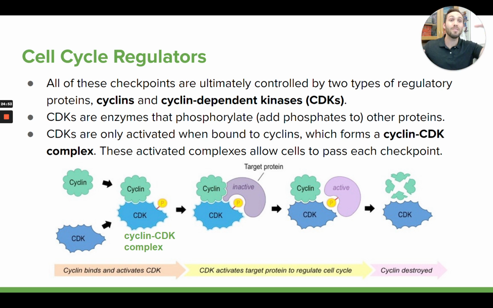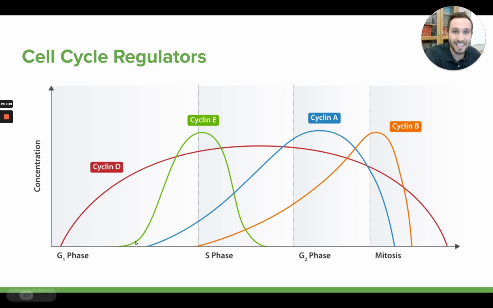And then there's going to be another set of cyclins, a different set of cyclins that start to accumulate later on in mitosis. And they're the ones that activate another set of CDKs. And those CDKs turn on proteins and phosphorylate proteins that are needed to finish up mitosis and do cytokinesis. And so it's these different cyclins accumulating, activating certain CDKs that allows a cell to move on throughout the cell cycle, and then they go away, and then new cyclins come and turn on a different set of CDKs, and those CDKs go and tell proteins what to do, and then those go away, and those CDKs become inactive again,